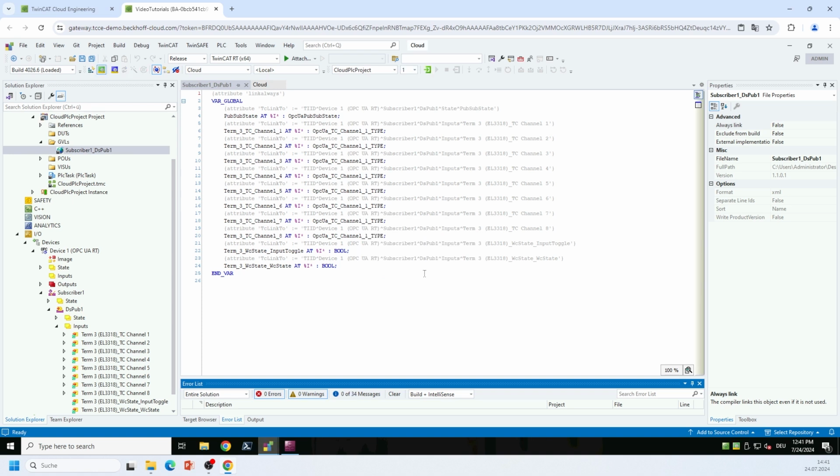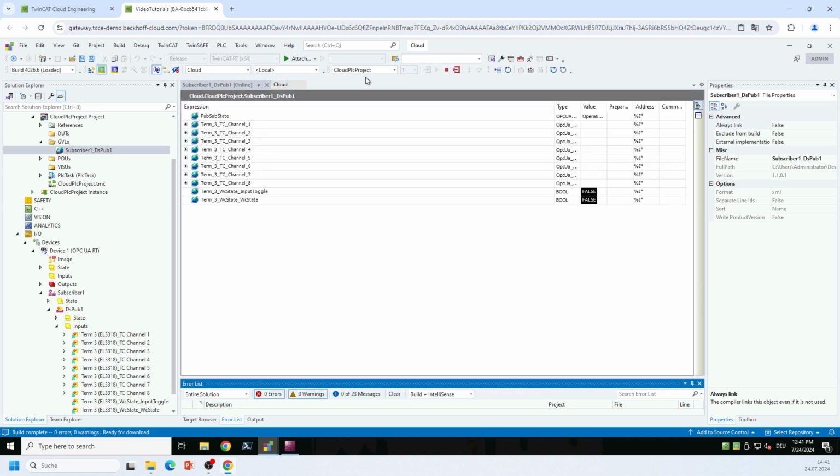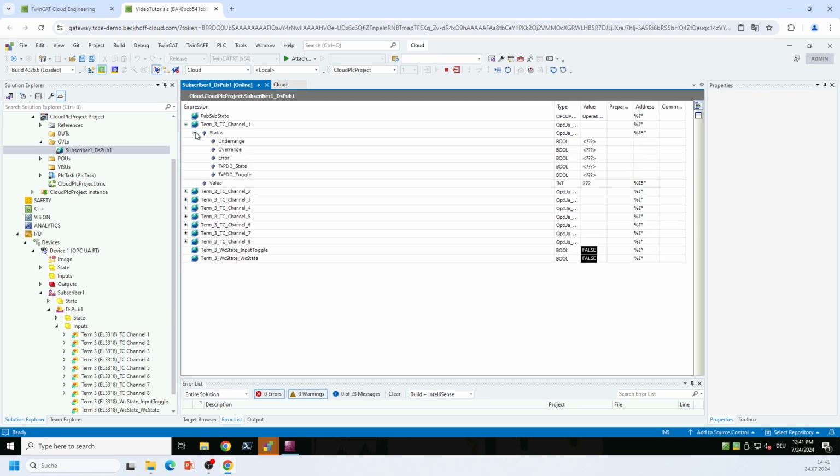And then I will log into my PLC project, and in particular to my global variable list. And by navigating through the variables here on my global variable list, I can now confirm that there is actually data coming in on my different terminals. So here I can see the value of this first channel, channel 1. I can see that there is a temperature sensor actually attached to it. So it's 27 degrees Celsius actually in the room. So it's a German summer here, very warm. But yeah, I can see data coming in.